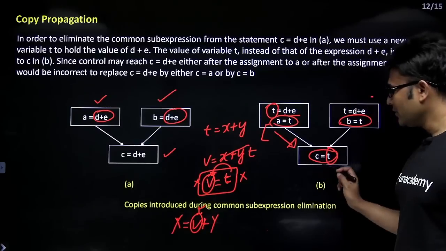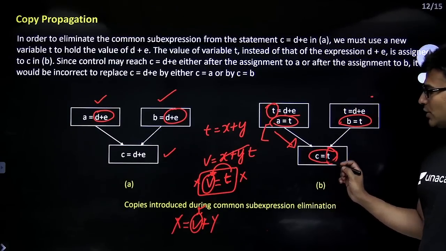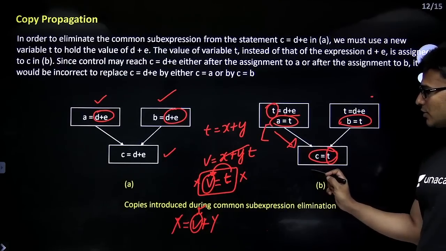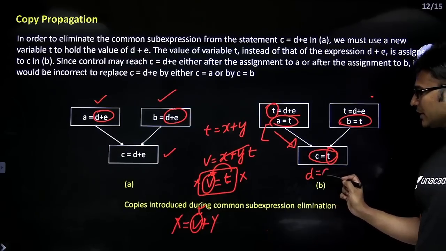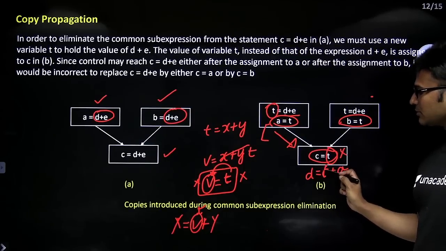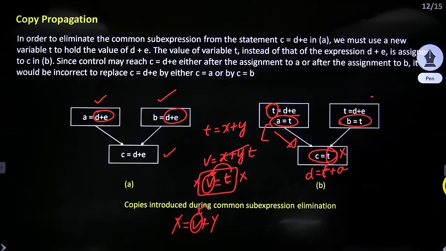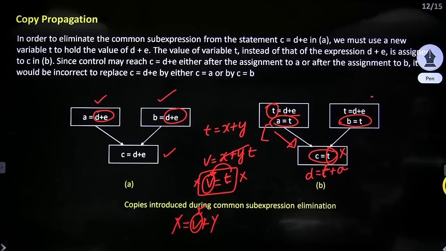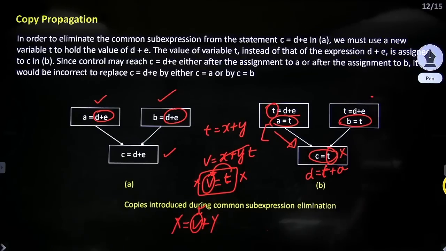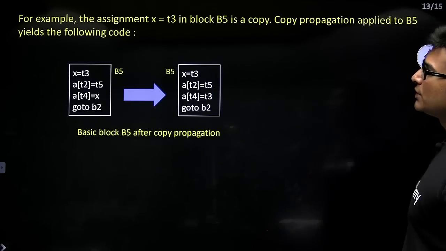For example, even this one is a copy, right? c = t is a copy, but you can eliminate it only if there are statements below it. Let us say the statement below it is like this, c + a, something like this, right? If you want to eliminate it completely, then you replace this c with t. If you do that, you can eliminate it. So that is why it is a very simple concept, and there might not be any GATE question, because they cannot ask you a difficult question here. Got it? Just go through this once.